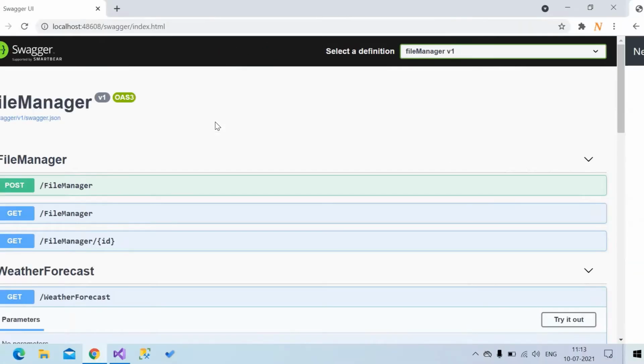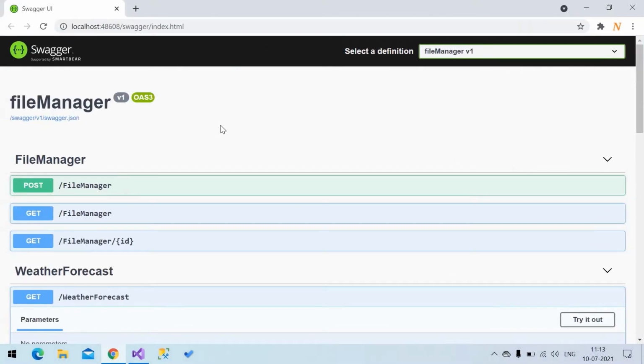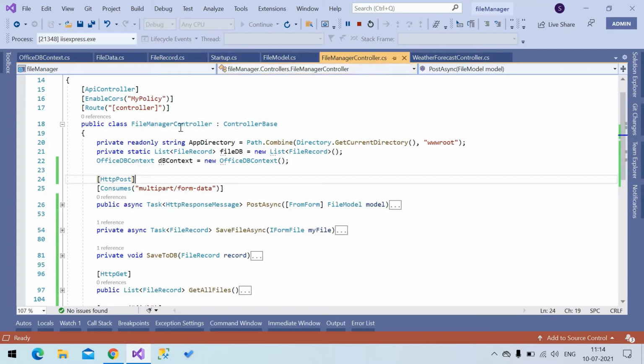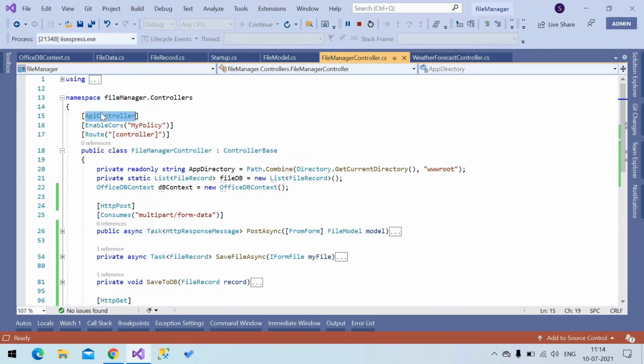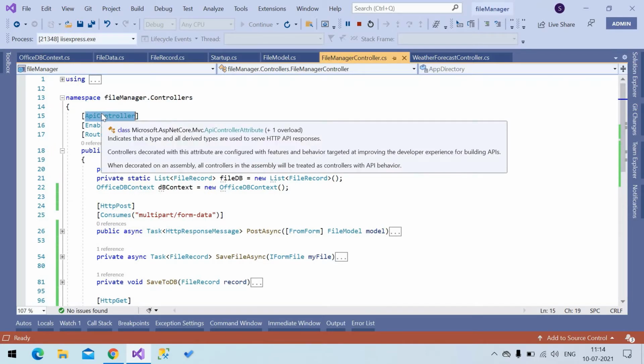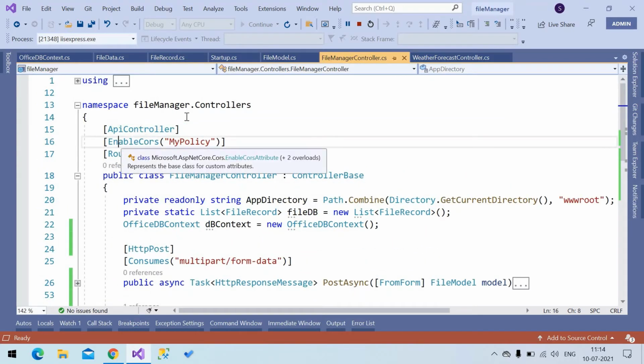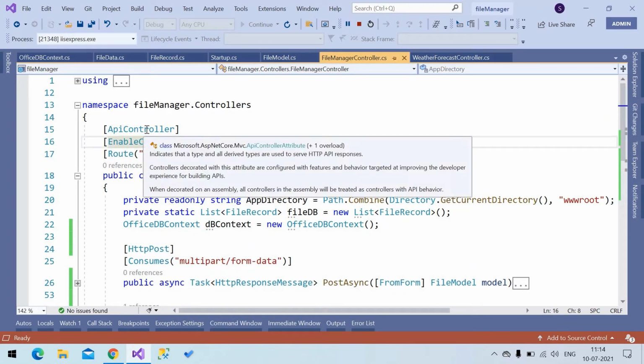Then let's go into Web API. This is the Web API I have implemented. File manager is my Web API project name. So this has 3 methods. Let's look into those methods. This is my file manager controller. So this controller is an API controller, Web API controller. You can see here. Let me maximize this. This is my Web API controller,